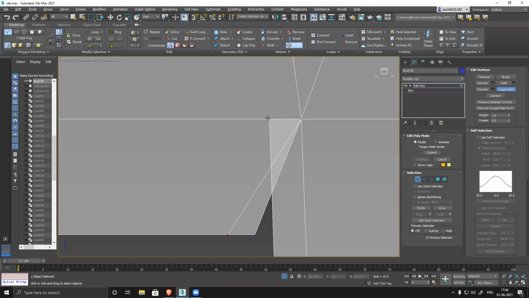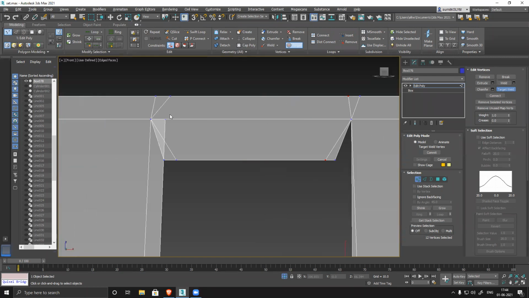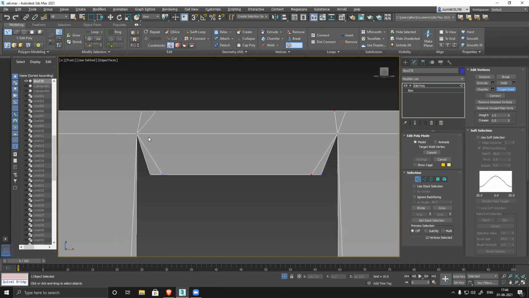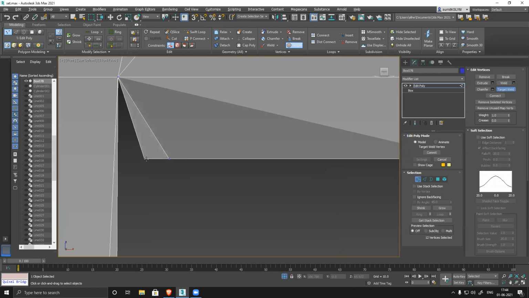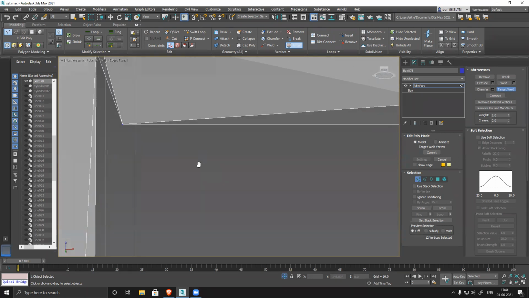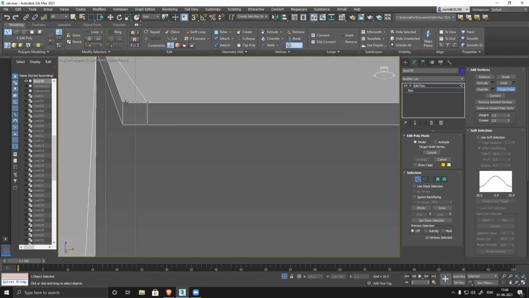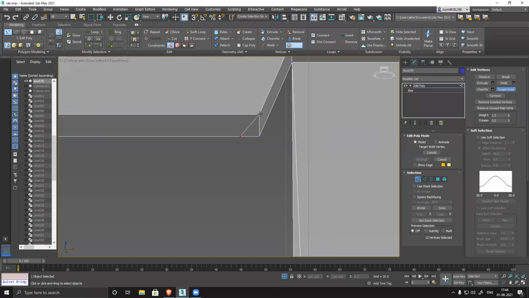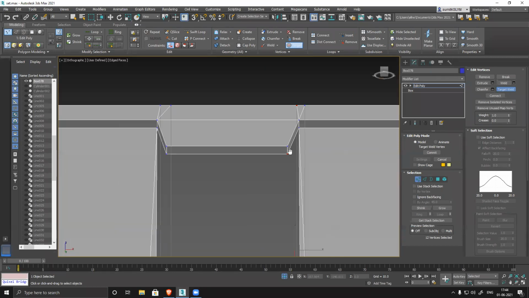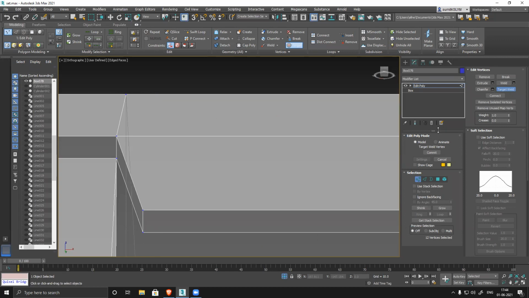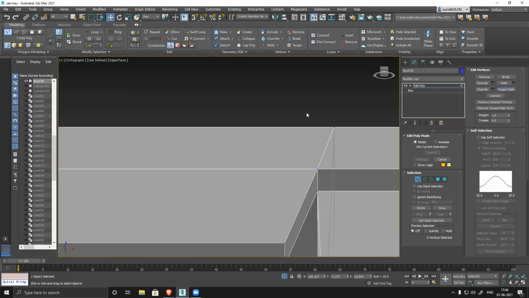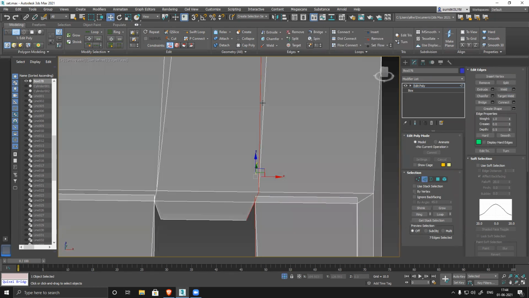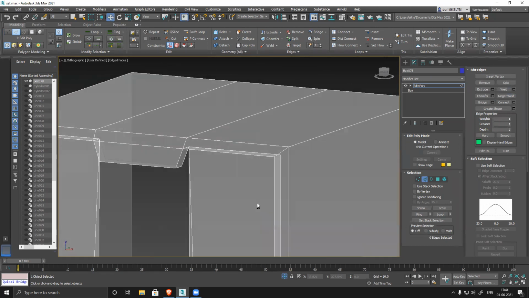Connected, back side, connected. Okay, those things are not required. Okay. So that's all. I remove everything. So clean geometry is very important. This one and this one. Shift backspace and remove it.